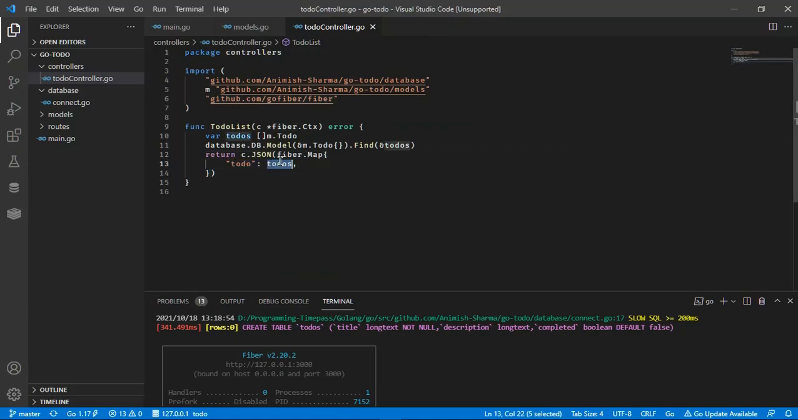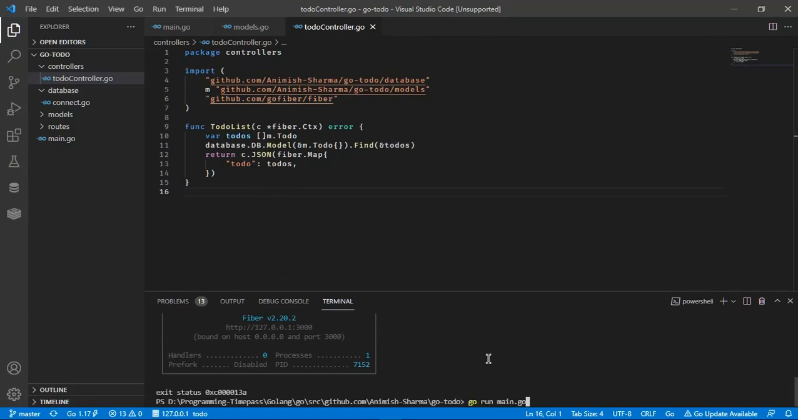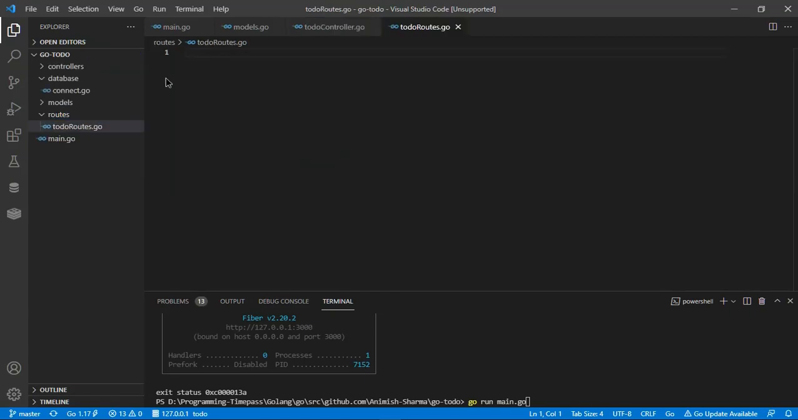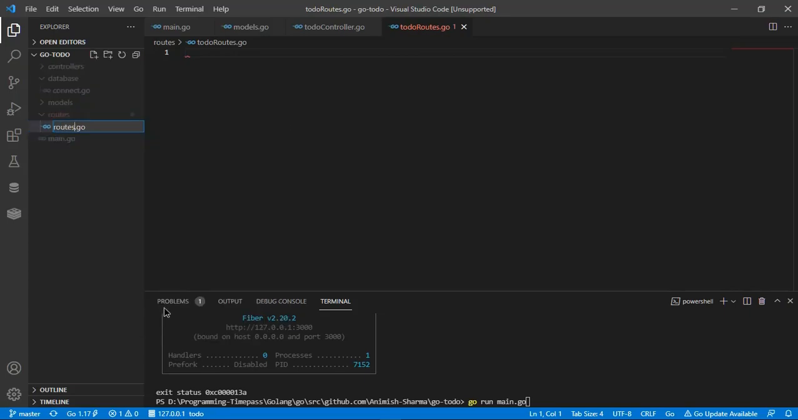All right, so we have a to-do list. Let's just go here. Now this will not work because we haven't associated with any of the routes. So let's create a first route, and we are going to name it to do routes dot go. Yeah, actually to do routes dot go will be fine. Okay, package routes,